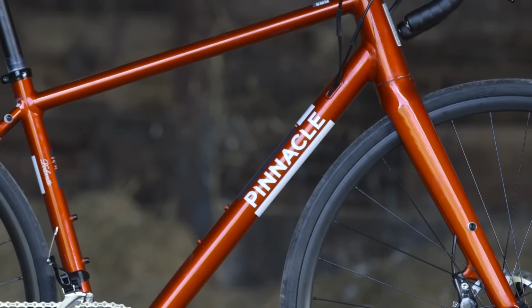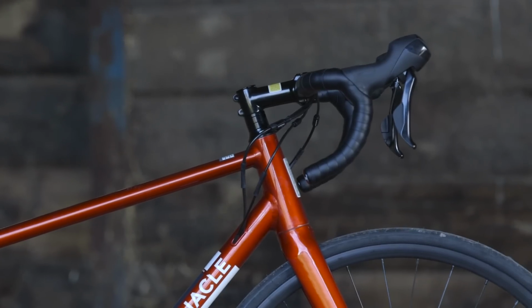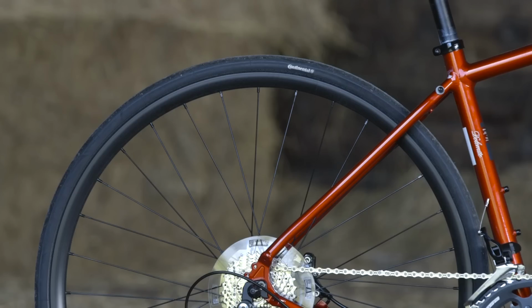So first up, we've got the Pinnacle Dolomite 5. The bike features an alloy frame with a carbon bladed fork with alloy steerer. The bike's interesting because it features hydraulic disc brakes, which at this price point is quite rare. It also includes lugs, so that if you do want to attach a pannier rack or full mudguards to it,